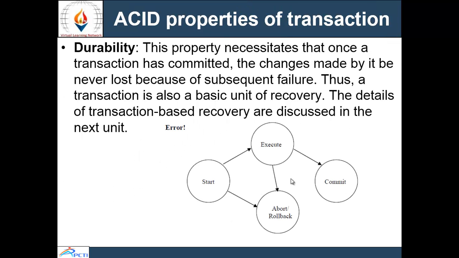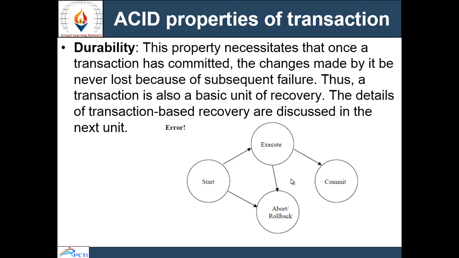Next is durability. Durability is the property which necessitates that once our transaction has committed, the changes made by it should never be lost because of a subsequent failure.